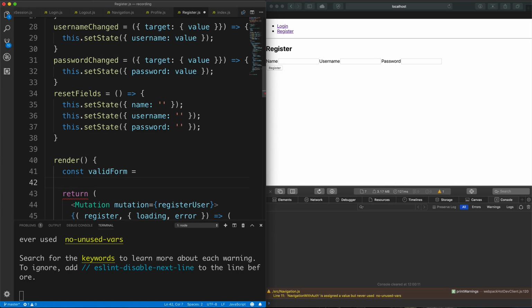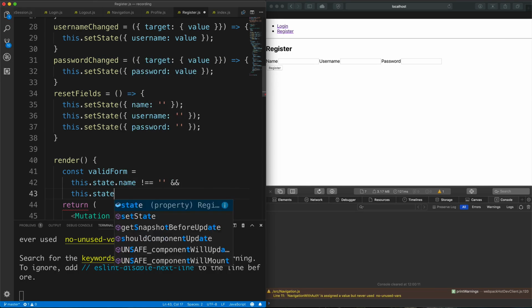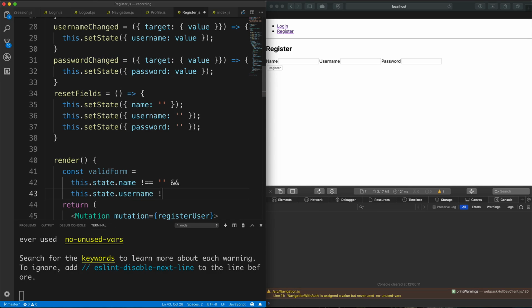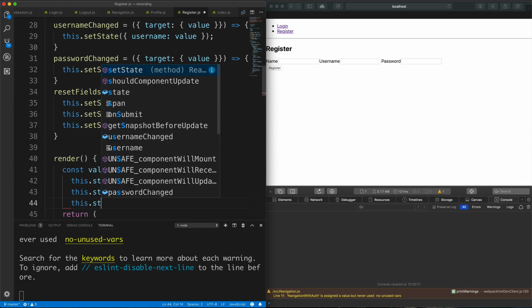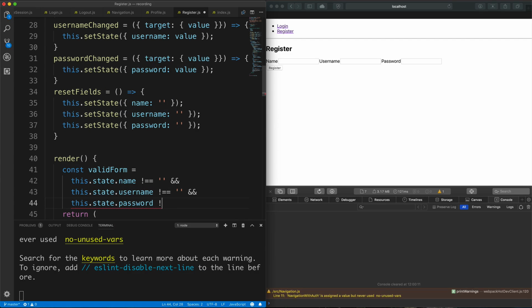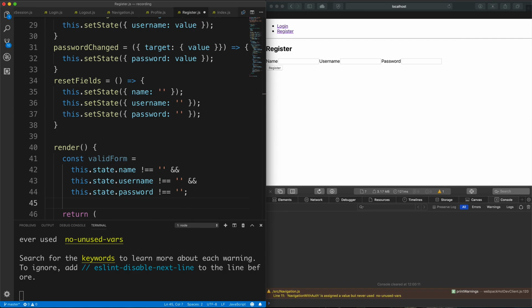So the form is only valid if this.state.name is not equal to null, or sorry, to empty, and this.state.username is not equal to an empty string, and this.state.password is not empty either. And then what I'm going to do is find the button itself